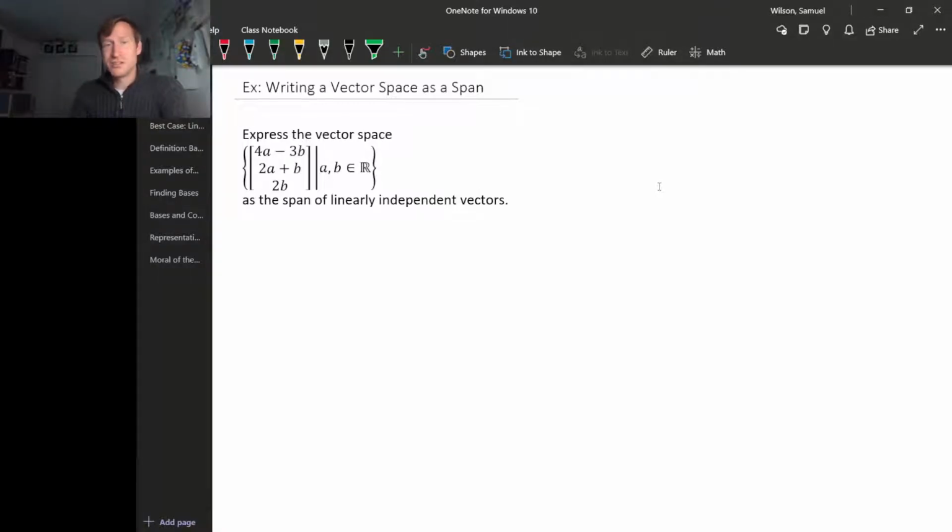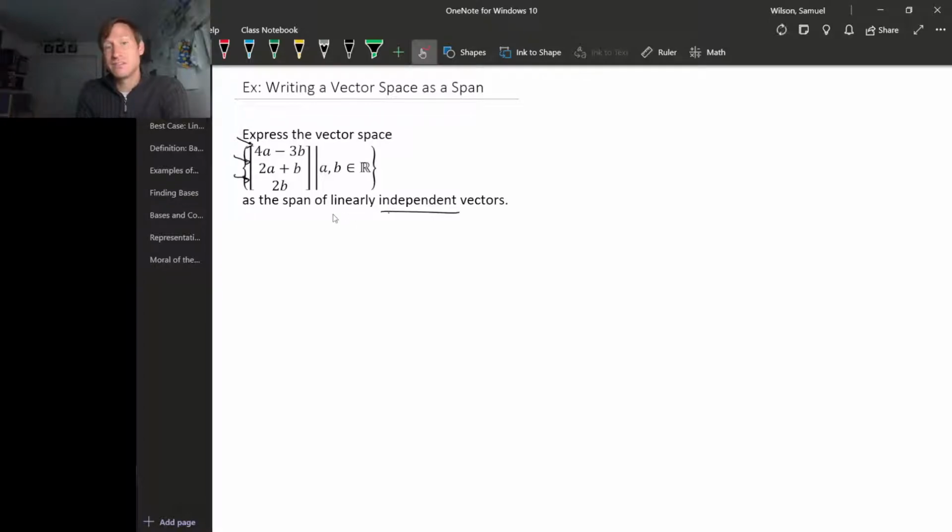Something we'll often want to do for any vector space is find a spanning set for that vector space. And here's an example. Let's take this vector space, which is actually a subspace of R3, of course, the vector space of 3 entry vectors whose entries are parameterized like this. So to find a spanning set for this space, let's find a spanning set of linearly independent vectors, because